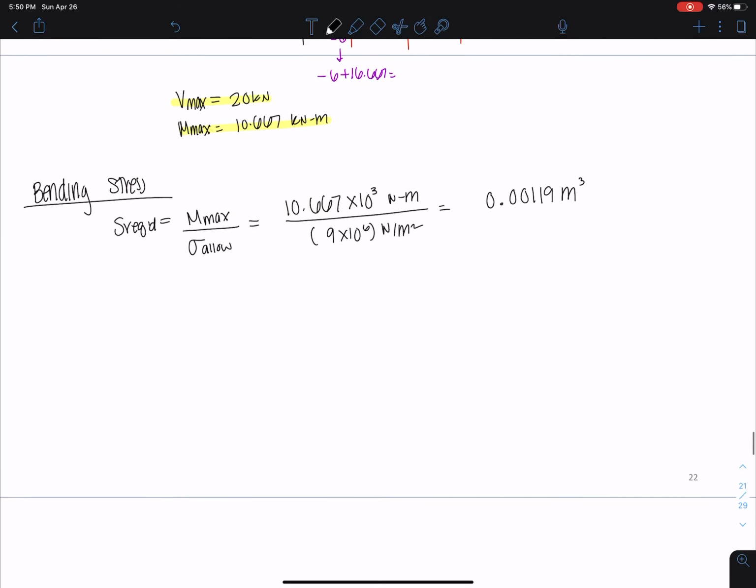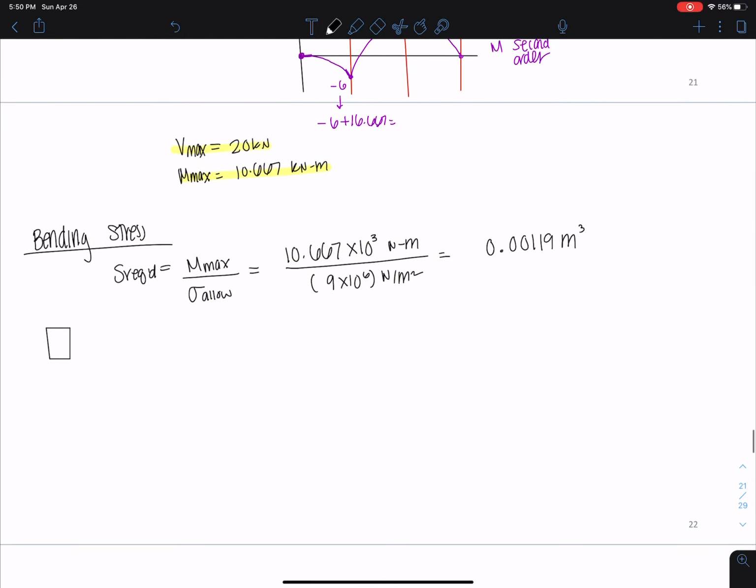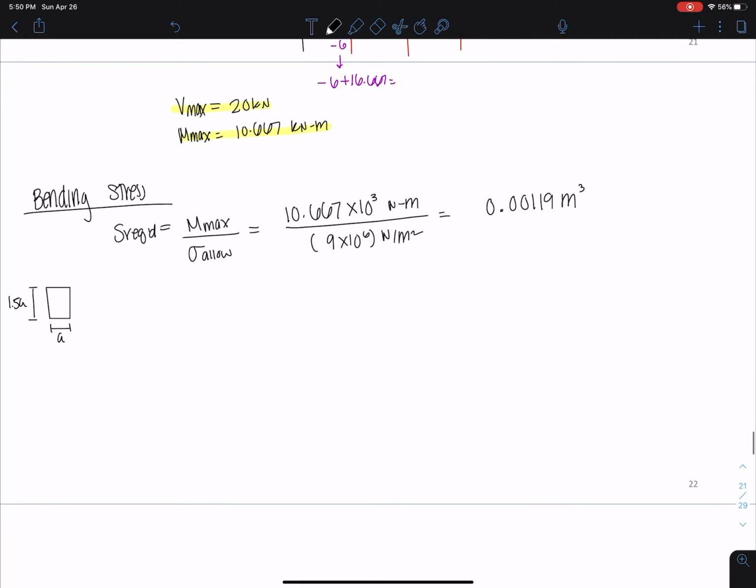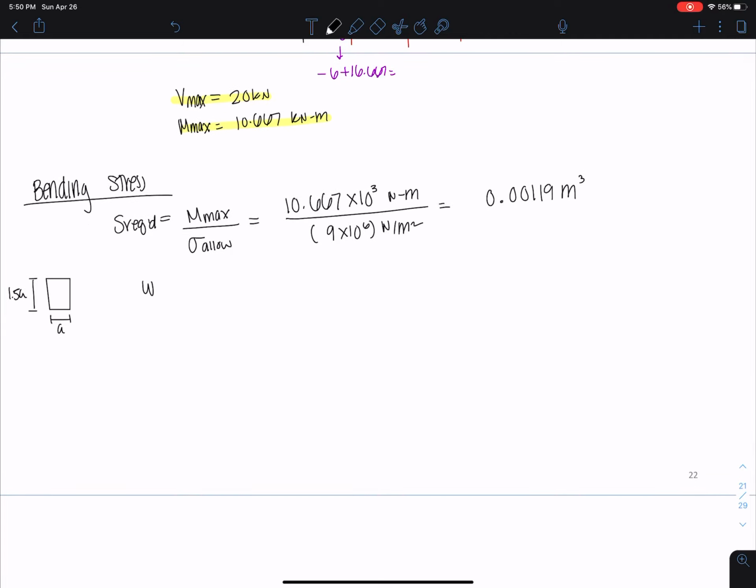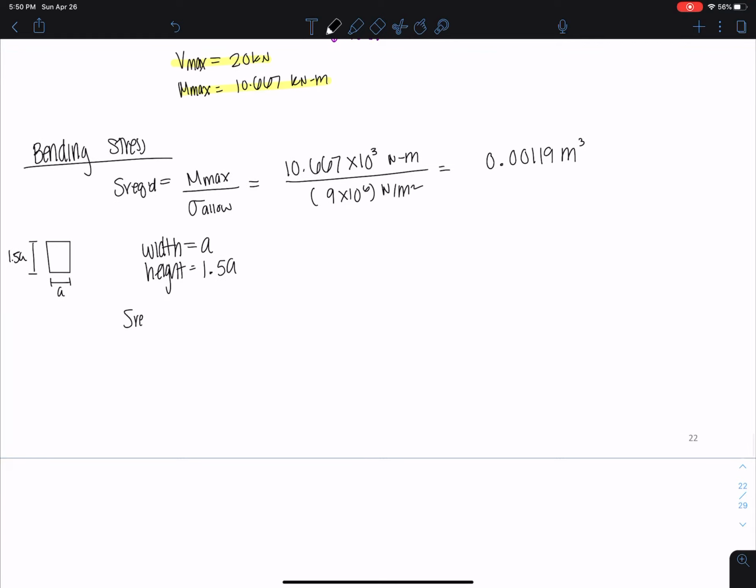So they drew this little, that's not even, but okay. They called this A, and they called this 1.5A. Okay, so we'll assume the width is A, and we'll call the height 1.5A. Then we know that our S required is also equal to the ratio of I over C, which means that we can say